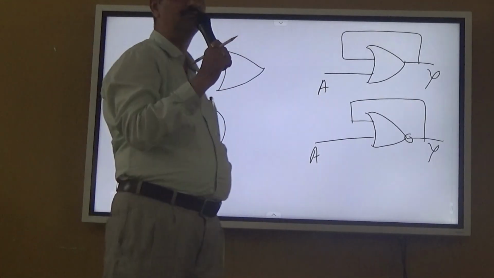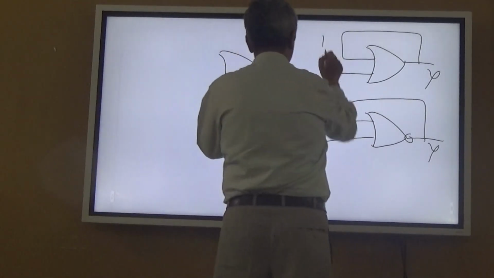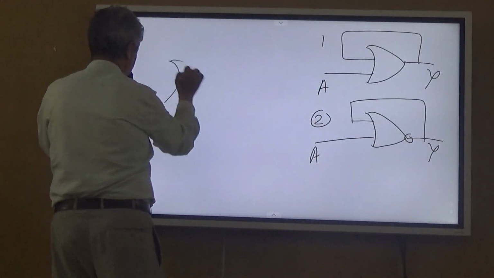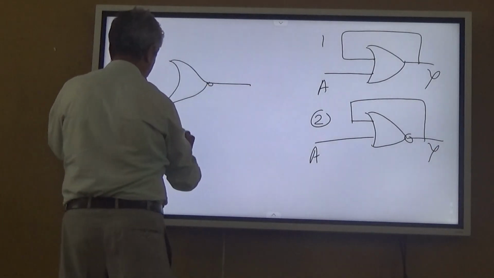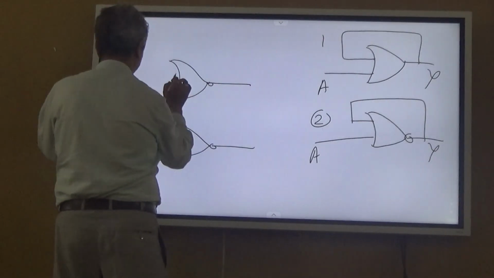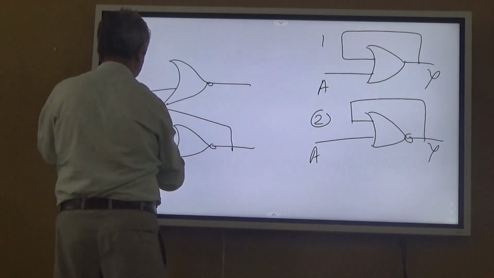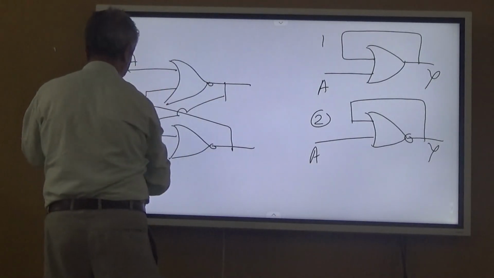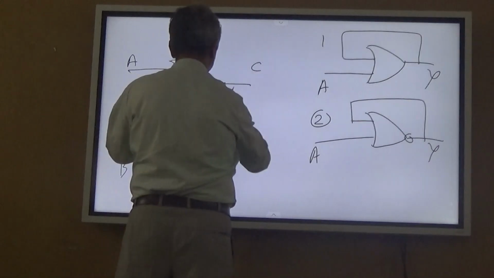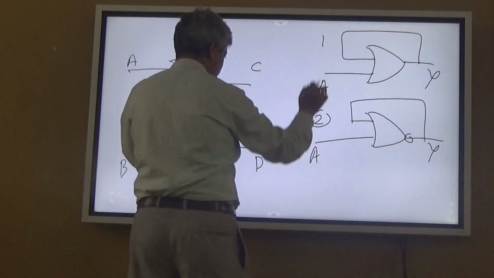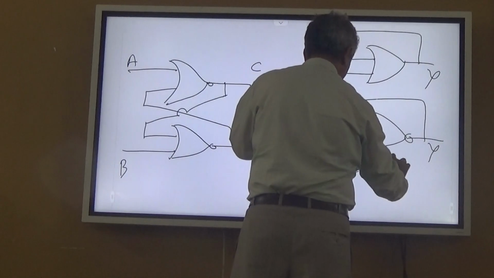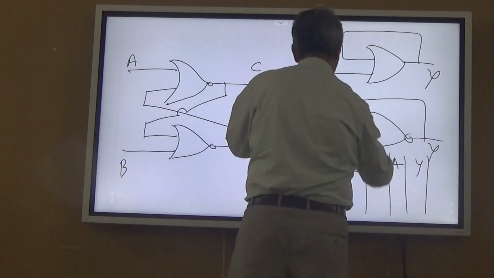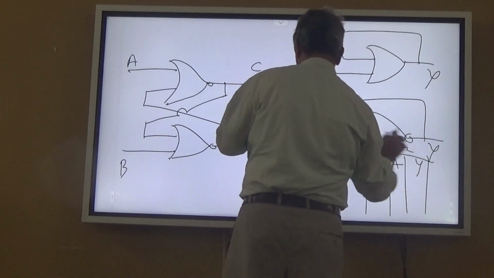What is to do for the above? First one, circuit 1. A few of you can start thinking of circuit 2. By the time, I will draw circuit 3. So for this, the truth table is A and Y, circuit 1, circuit 2, and for this the truth table is